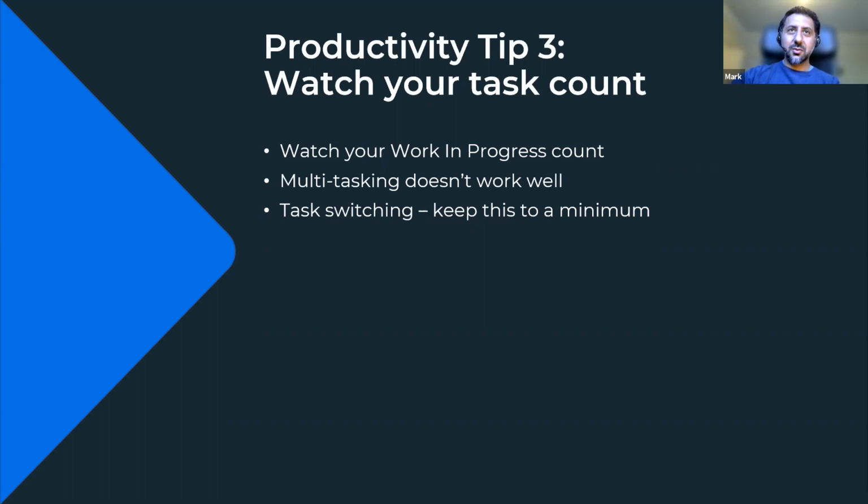I've completed most of them to 50 or 60%, and then the next day I carry on going. So I find that multitasking with code is quite tricky. If you've tried to code through a meeting, you'll find that that's quite hard. So one thing you can do is try and reduce the amount of multitasking, or even eliminate it completely. And I've put here task switching, and we need to keep this to a minimum as well. Cool.